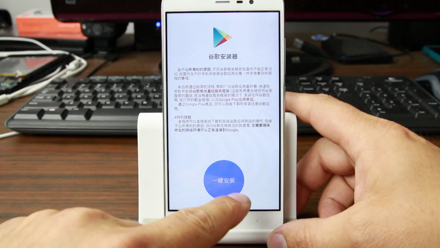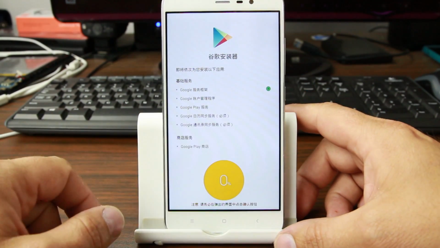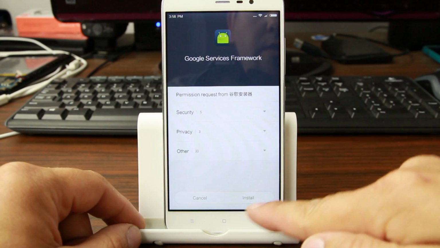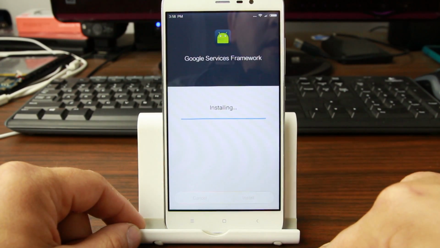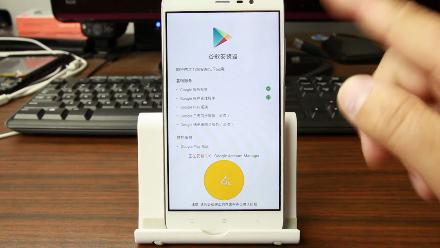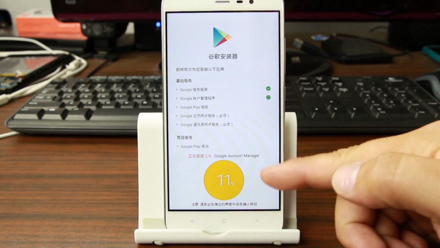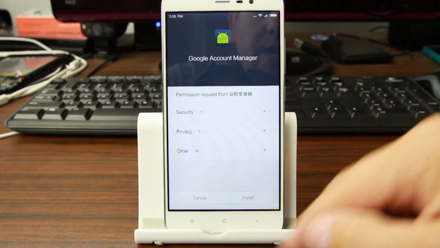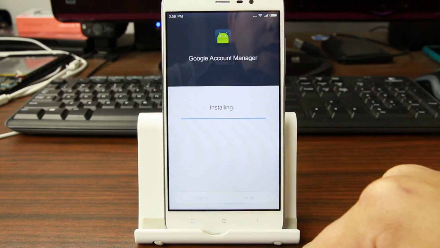So just click on it. I know it's Chinese, but just hit the button, and it's going to go ahead and install all the services we need. So we'll go ahead and install that one. So Google Service Framework, hit OK. It's going to install the next one, and you see it's got a progress bar. So it just installs everything you're going to need on this Chinese Developer ROM to get Google working, functioning fully